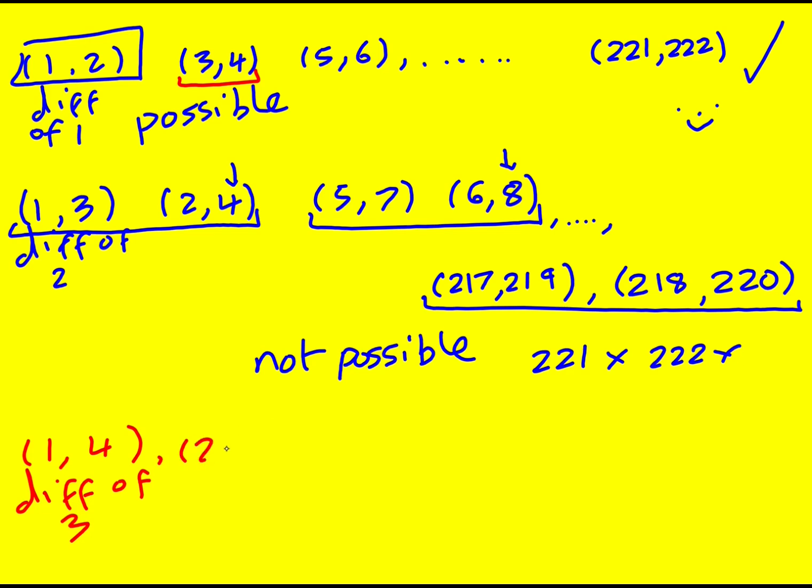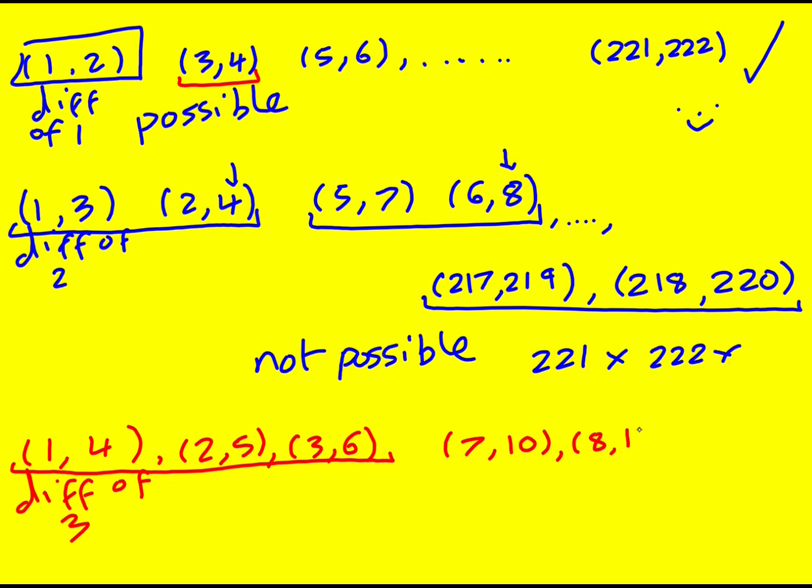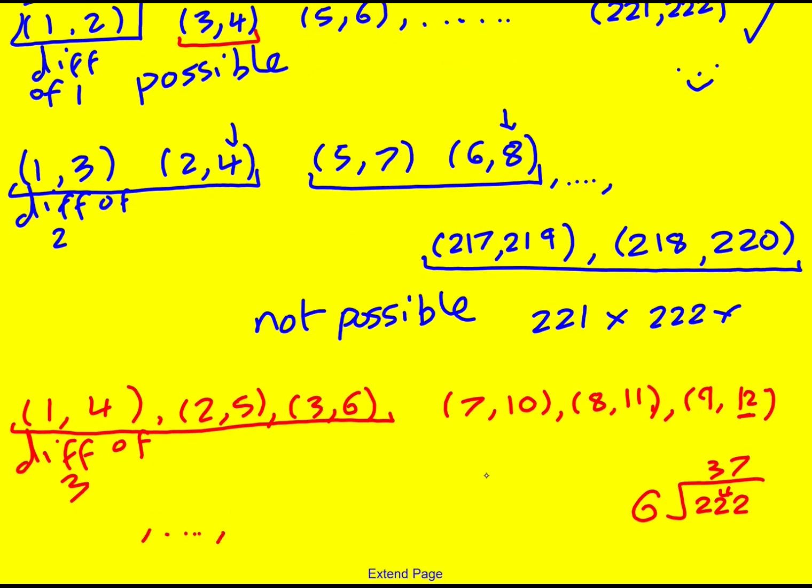So 1 would go with 4, 2 with 5, and then 3 with 6. And I've actually used the numbers from 1 to 6. I've created this little cluster, and I'm going up by 6 every time. So my next one would then be 7 and 10, 8 and 11, and 9 and 12, this other cluster. So for this to work, I need 222 to divide by 6, which it does. So it makes sense that if we carry it on, then my last one, 222,